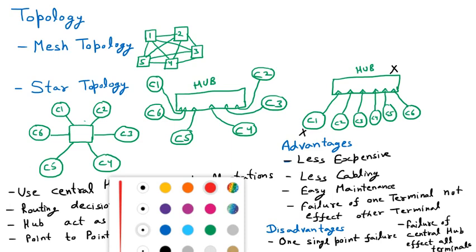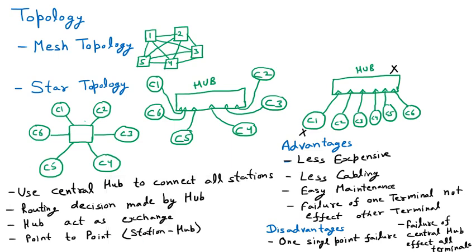If I revise the star topology, then we can see that we have taken the hub and it is dependent upon a single component, that is the hub. And if that hub is going to fail, the network will fail. Otherwise, if one system is not working, the complete system will work. And it is a point-to-point communication, because that is the communication between the computer and the hub. So that is all about the star topology. And now we are going to discuss the next type of topology, that is the bus topology.